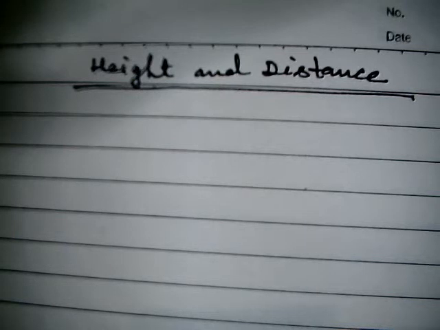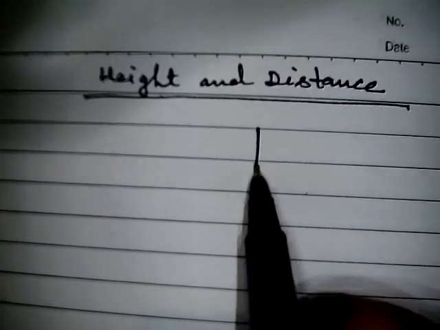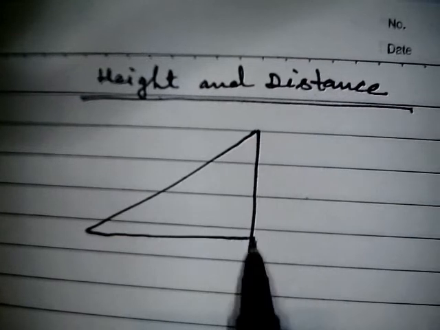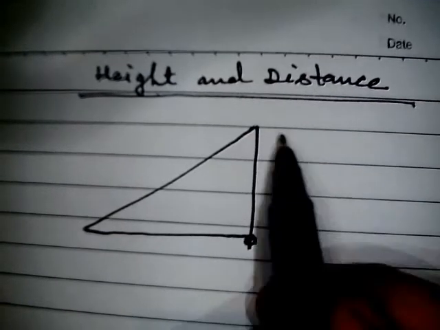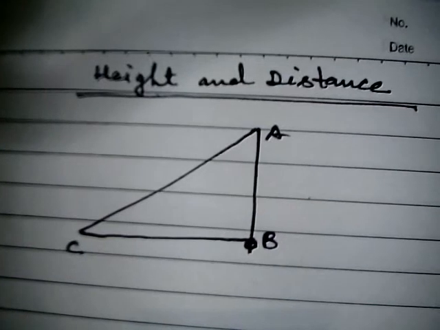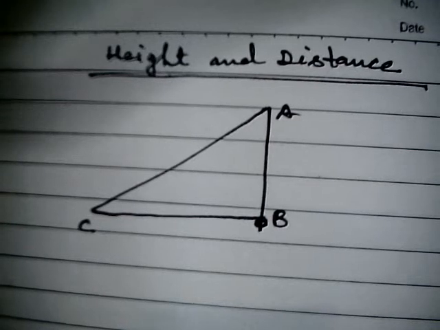Suppose over here I am going to explain the theoretical part. Theoretical means the concept. Here suppose this right angle triangle is given. For example, this is the point we have given over here, and when we go to the questions, we will understand the language better. Okay, so this is a right angle triangle.